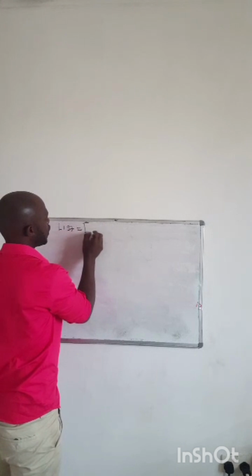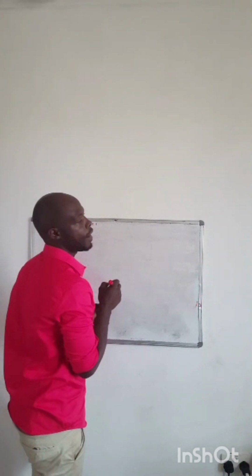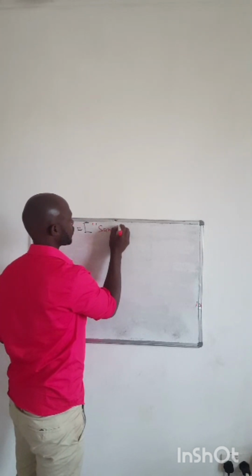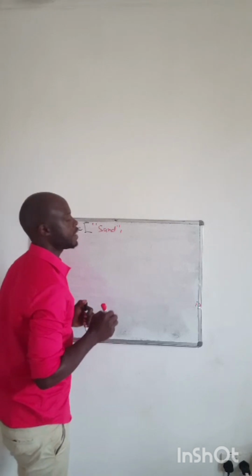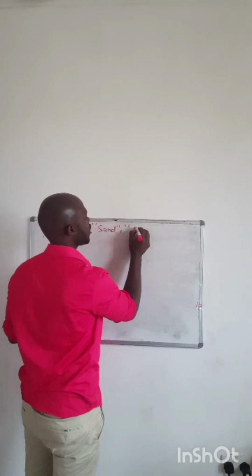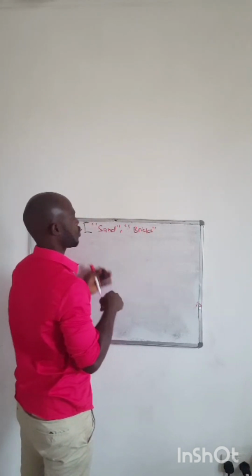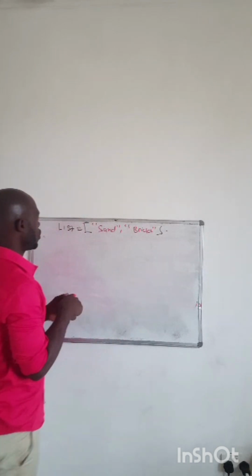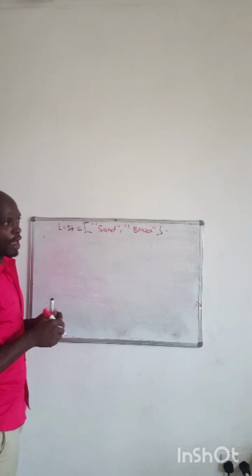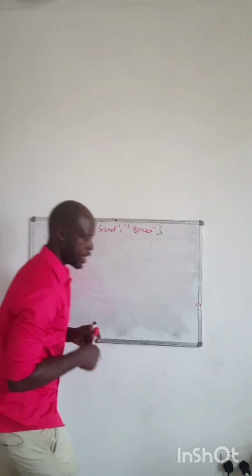Let's say our list is equal to. In this list, we are having, for example, sand. That is our first item, and we are also having bricks. Okay, and so this is our list here. So we want to see how we can remove list items. There are methods of removing list items, and the first method that we are going to look at,